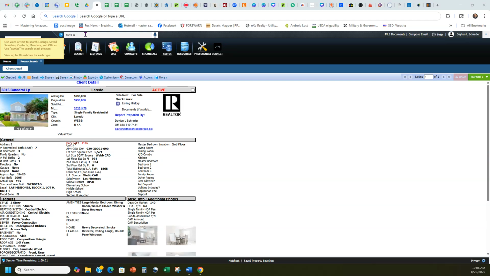We're going to look at creating a CMA in Paragon, the Laredo MLS, and how to adjust for sold price per square feet to make it just like an appraiser does, so you get a really good CMA value. So I open up Paragon, or the Laredo Associated Realtors MLS, and then I searched an address,